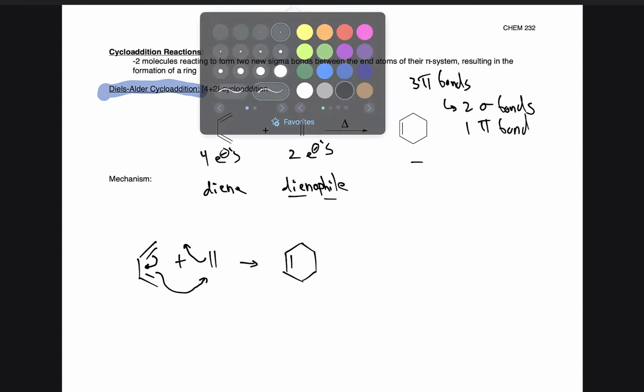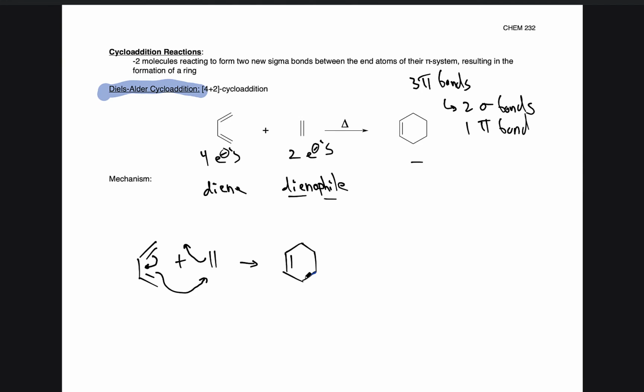And these 2 new bonds that have formed, I'll highlight in blue here. These are the 2 new sigma bonds that have formed, and our pi bond has shifted around here. Okay,